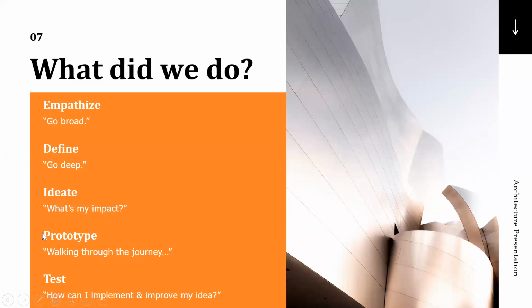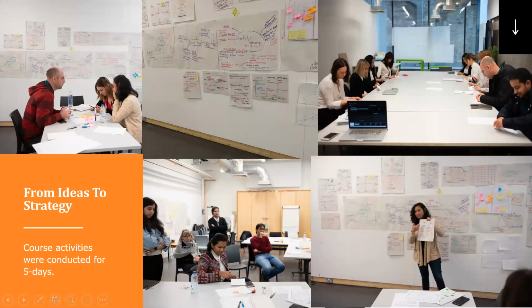Number 4, what we did was prototype. So we walked through one by one. If we did this, and then using us as the person who's experiencing that, what would we do? Is there something that we need to improve? So we walk through that, and then the last day, if you see on the picture here, this is the last day. Actually, we test. It means that we want to see how we can implement and improve our business idea.